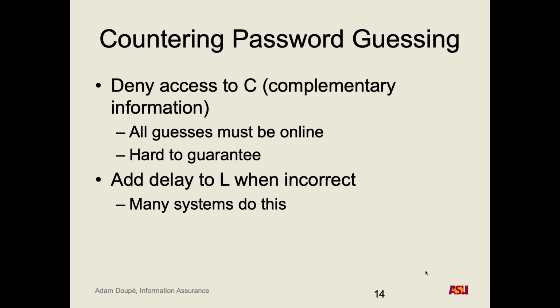But so the company made that decision, right? To say like, rather than let somebody brute force and get access to this device, we'll rather wipe it. For a common brute forcer, if you can slow them down on the order of minutes, so you probably have a cap, right? Potentially, depending on how you do this. But the key problem here is, we can't force and guarantee our hashes or our complementary information to be secure. They may be released. And when they're released, then this delay we've added to L doesn't matter at all because they can do whatever they want. So what can we do to get around that?